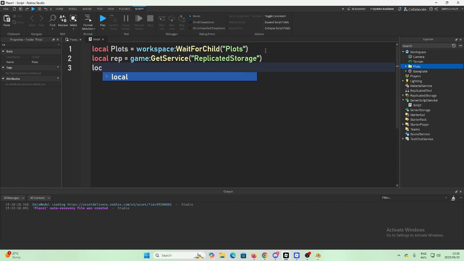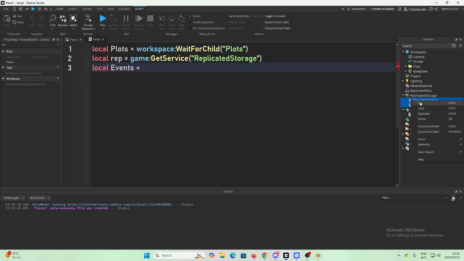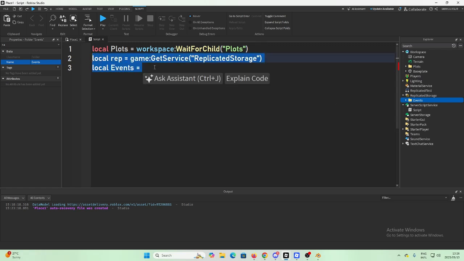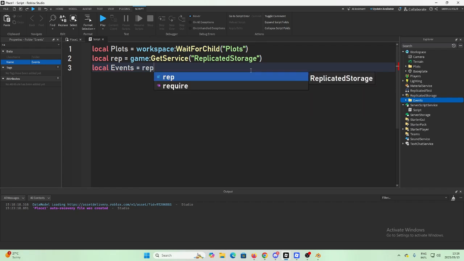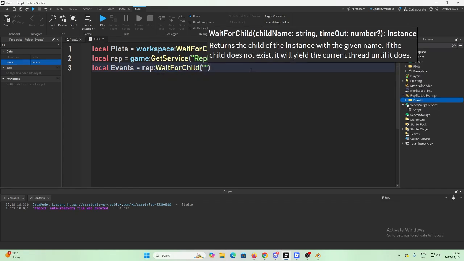So let's go, local events equals. In your replicated storage you want to group all of these, group as folder, you want to call them events. Now keep in mind, this is only if you're going to go more advanced coding. That's when you would include these two here, because now you're not just relying on one script but 2 scripts. So we're going to say rep wait for child